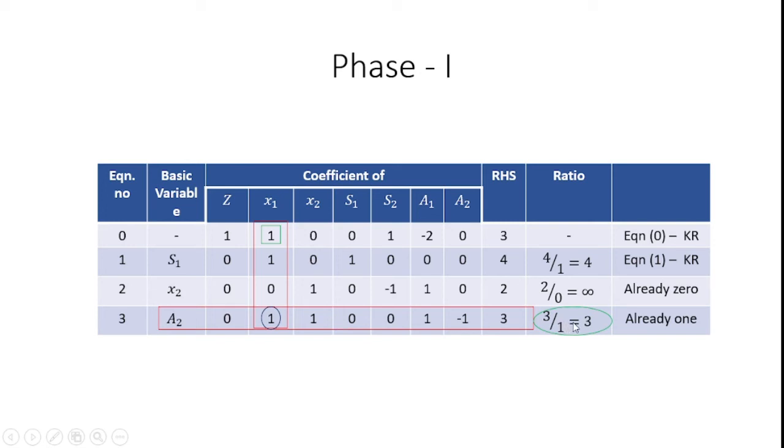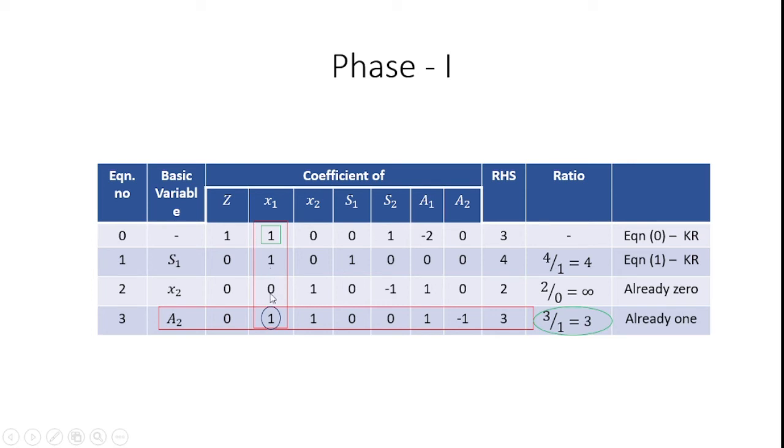Likewise, I may get the ratio values. I compare 4, infinity, 3. Here 3 is the least minimum value available in this ratio column, so I can pick this as the key row. Okay, so this A2 row is the key row for the corresponding problem. Here also the pivot point is 1. Already 1 is available, so we won't convert this number into 1, and for the other elements we should convert them into 0 against the key column.